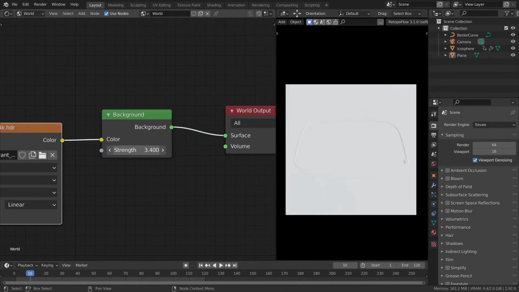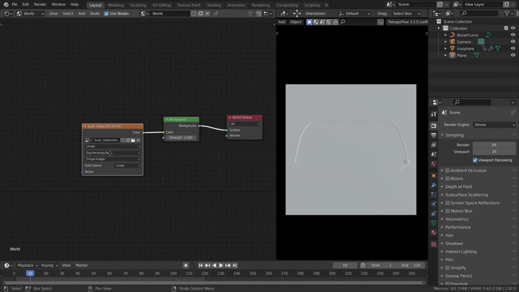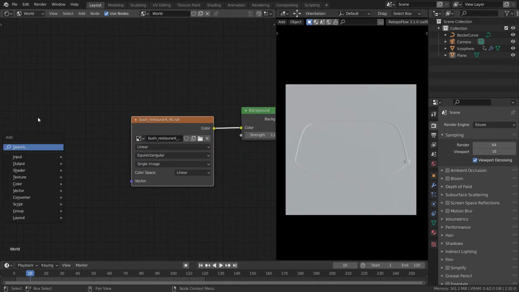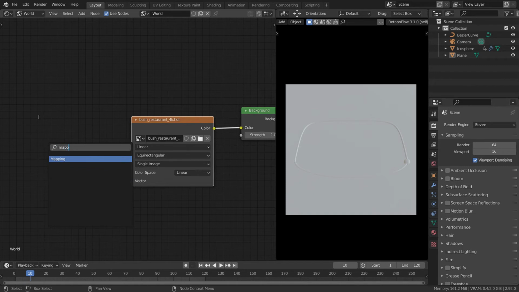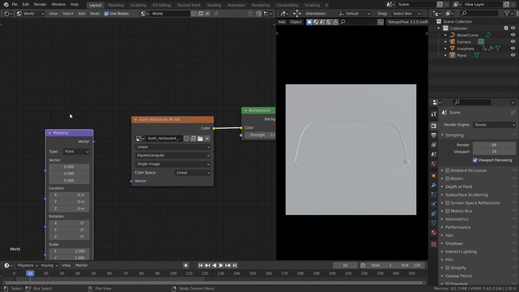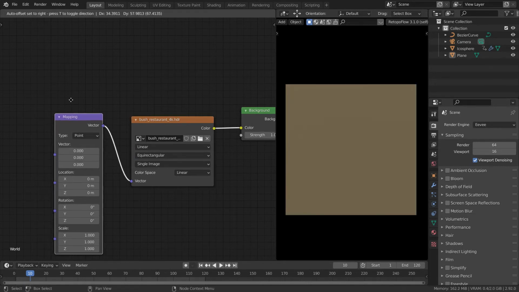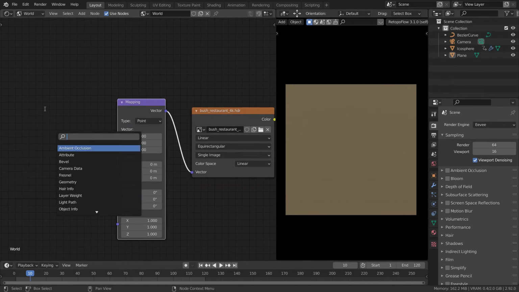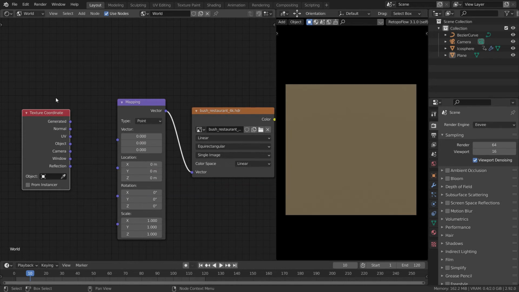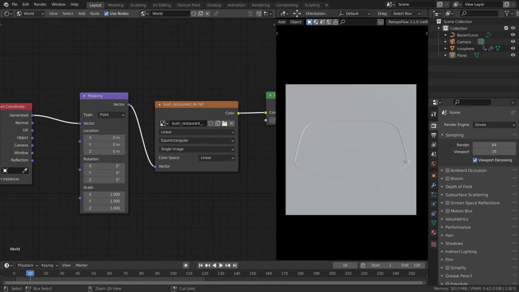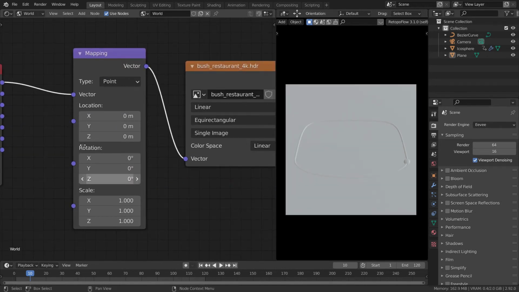Now you can control the strength of the HDRI over here. Also you can add in a mapping node, and then add a texture coordinate and plug generated over there. Now with the Z value rotation you can control the angle of the light of your HDRI.